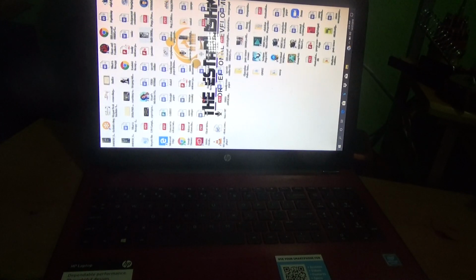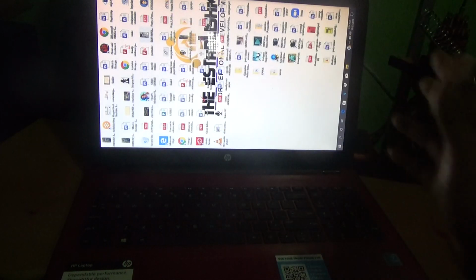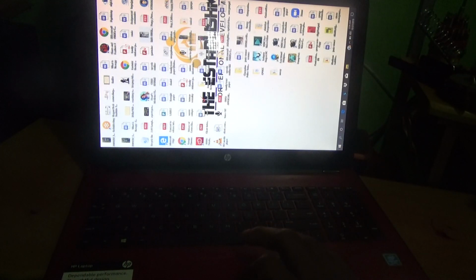Now guys, for today's episode I'm going to show you how to rotate or flip this HP laptop. It is the HP 15BS 234MM laptop. Now as you realize, it is in portrait and not in landscape, so I need to get this flip. So what you need to do is to find a clear